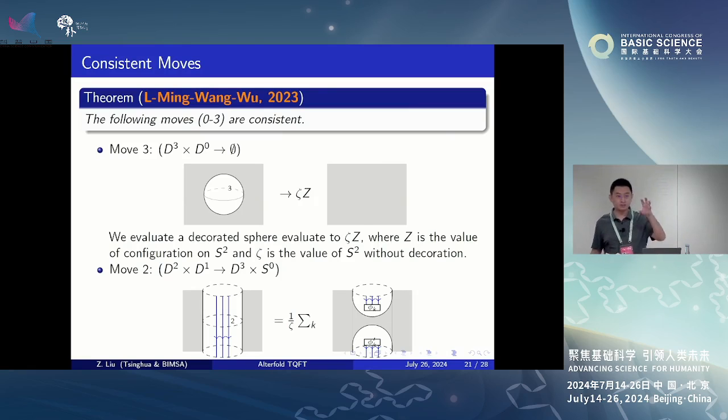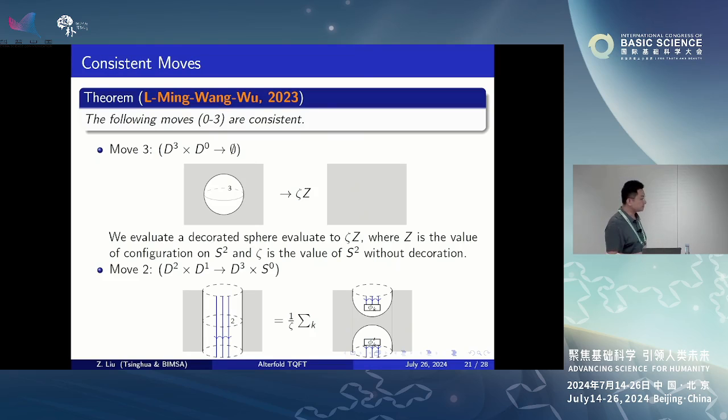So how do we start with just a function on the sphere to get a 3D theory? We need to introduce a bunch of scaling relations. And the idea is the following. If we have a sphere with B color inside, the bulk color is always the white color. The black is the background. And if we have a sphere, there may be additional data on the sphere. Then we just evaluate that using the function z. So the zeta is evaluated by z. And there's an additional scalar zeta, and that's a free parameter that corresponds to the value of the empty sphere with no decoration. So that's the first relation.